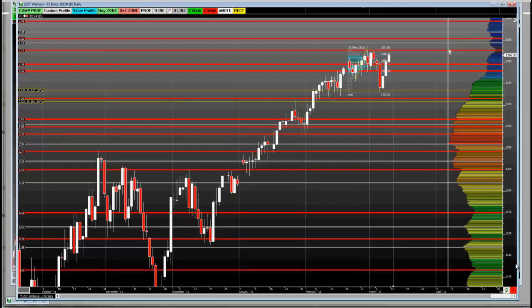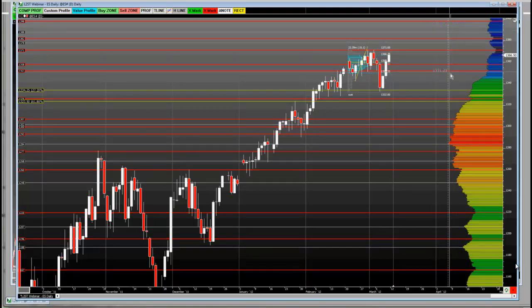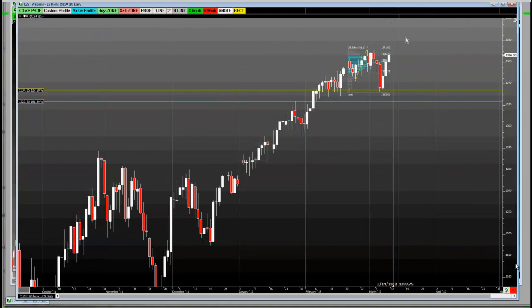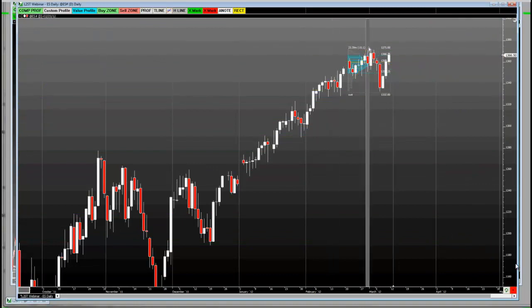Now, another way you can do this, rather than using one of those composite profiles that takes into consideration all of that data. So if anybody's not quite sure, a composite profile is a profile that takes into consideration a wide number of days. Okay, it can be for a week, it can be for 2 weeks, it can be for 2 years, 3 years, as long as you like. As long as you're looking at a wide range where multiple distributions have occurred, that's the composite profile. Now, you can also take micro composite profiles,